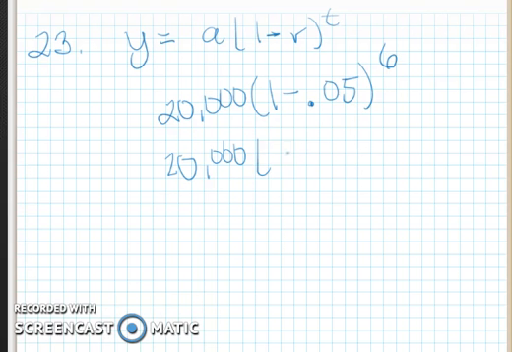And if you do that, you get, probably could have done that one in your head, 0.95 raised to the 6th power. Now that part you probably can't do in your head, but 0.95 raised to the 6th power is approximately 0.735 and so on. I'm going to leave it in my calculator and multiply it by 20,000. When I multiply it by 20,000, I should come up with about